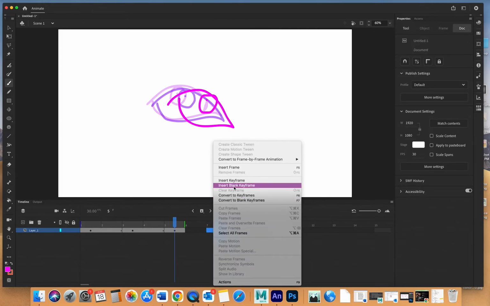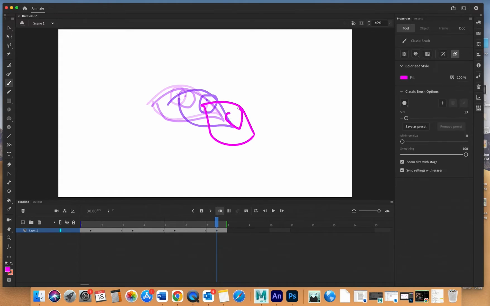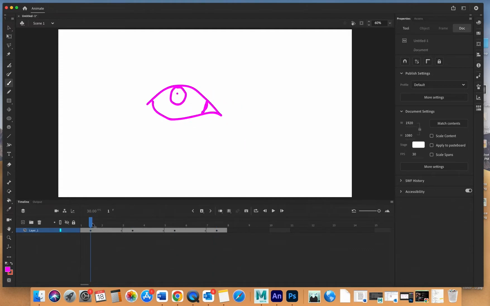7, insert a blank keyframe. I can extend this out even farther if I want. Last one, it's going to be really fast. Are you ready? Oh my gosh, you're going, God, he's amazing. But now I can scroll through and then see my animation happening in real time. I can turn off onion skinning to not see the previous and the other frames, and I can see